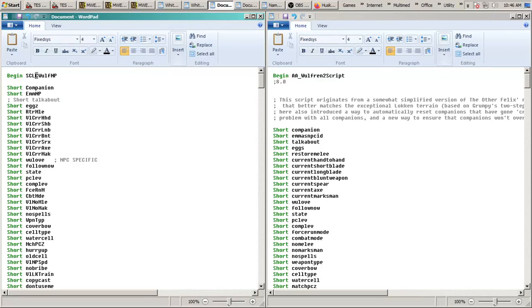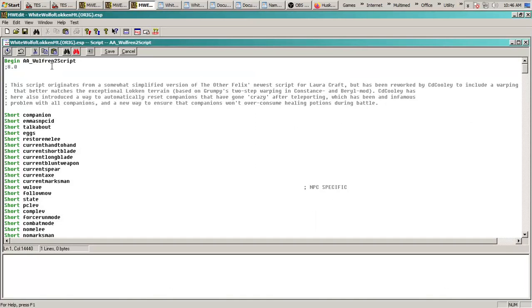So again, here with the script names, for example, SCLK, SC, a truncation standing for the category of script, LK denoting the mod that it comes from, LK being short for White Wolf of Loken Mountain, LK, Loken, as opposed to AA, Wolfram 2 script, which gives no indication of authorship or any, that I can tell. I don't know. I think AA was just used as a matter of convenience so that all the scripts would appear near the top of a script list when you loaded it,